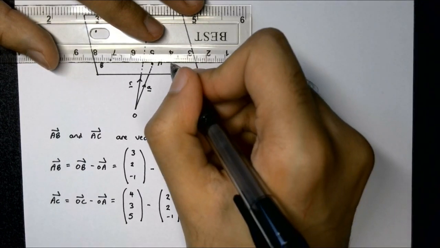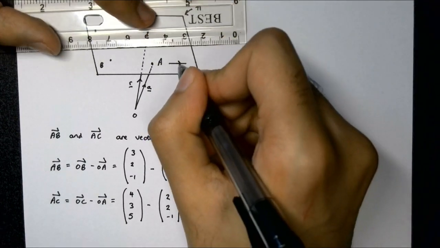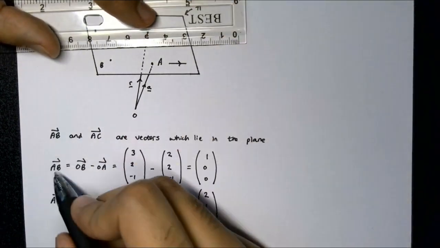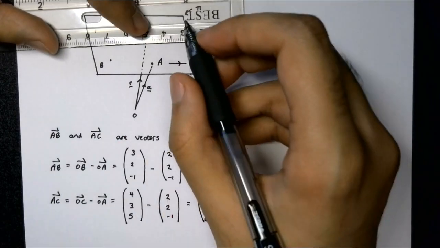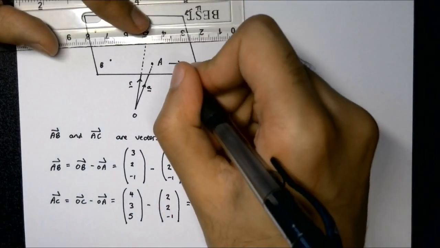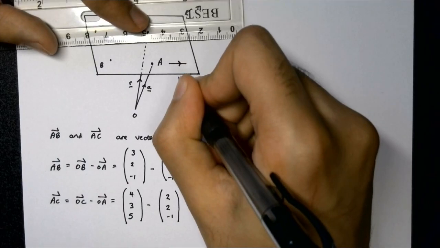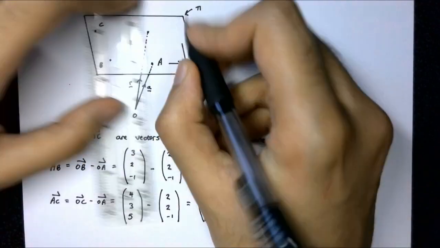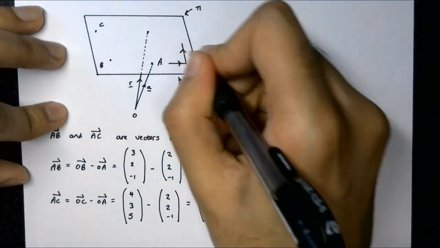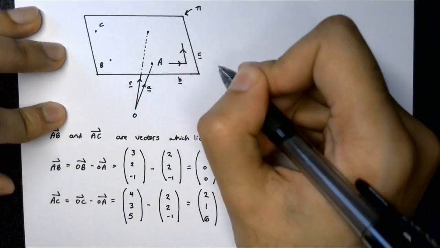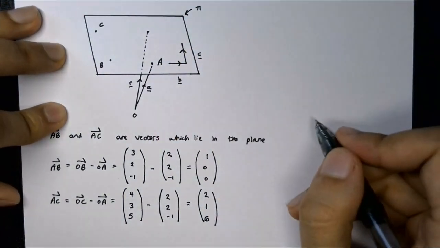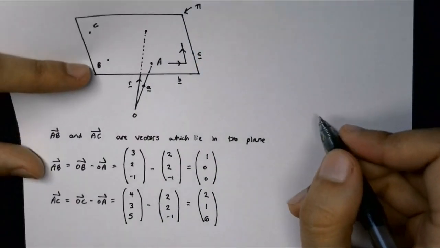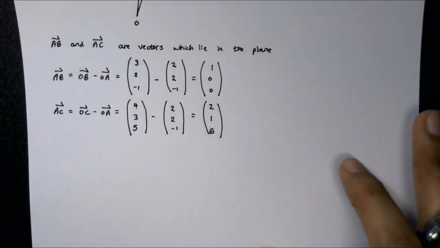We have over here the direction vector AB, which we'll denote as little b. Okay, and then we've got the direction vector AC, which we'll denote as little c. Okay? So now, when we come to work out the equation of the plane, using what we mentioned over here,